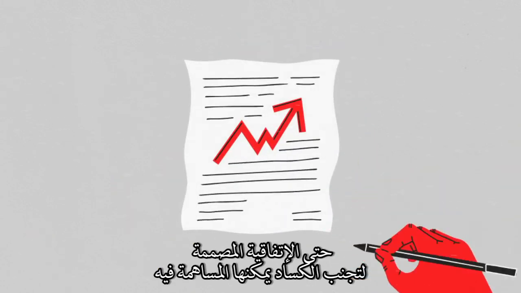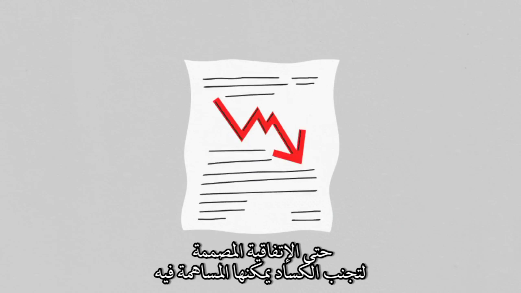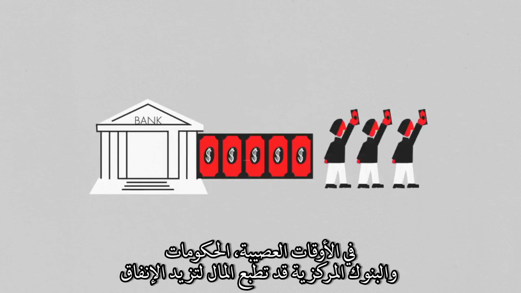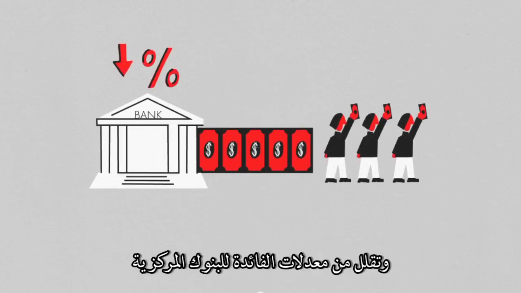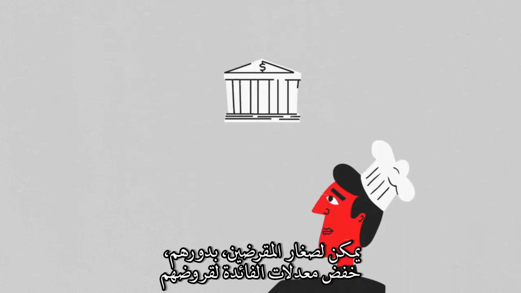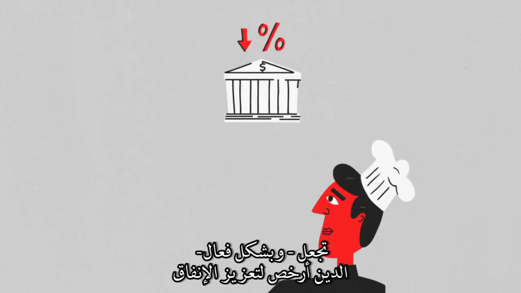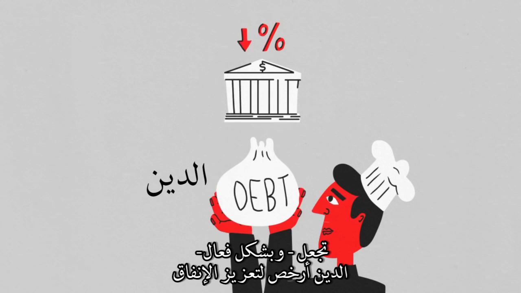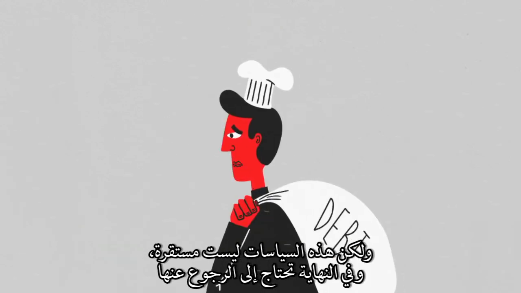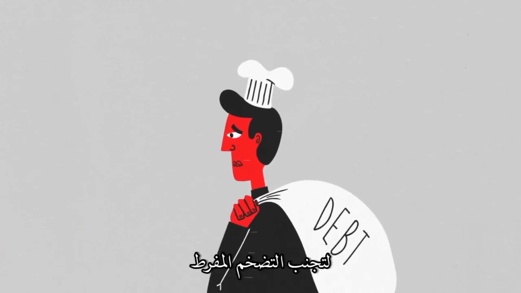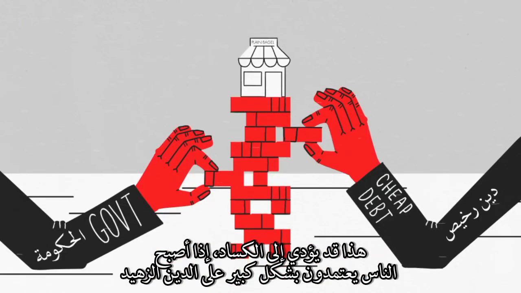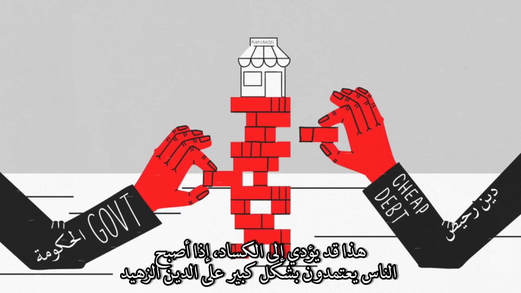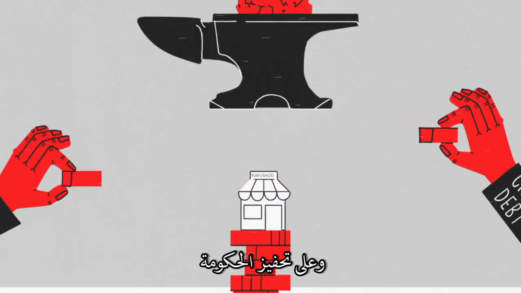Even policy designed to help prevent recessions can contribute. When times are tough, governments and central banks may print money, increase spending, and lower central bank interest rates. Smaller lenders can in turn lower their interest rates, effectively making debt cheaper to boost spending. But these policies are not sustainable and eventually need to be reversed to prevent excessive inflation. That can cause a recession if people have become too reliant on cheap debt and government stimulus.